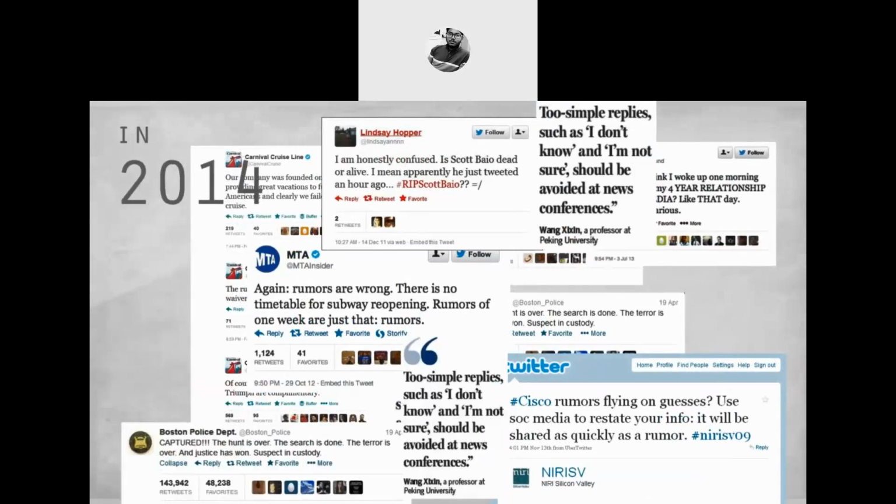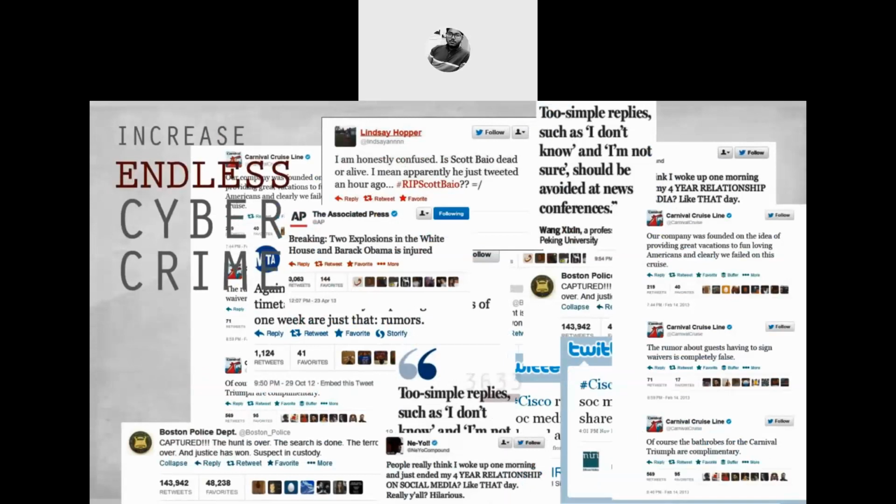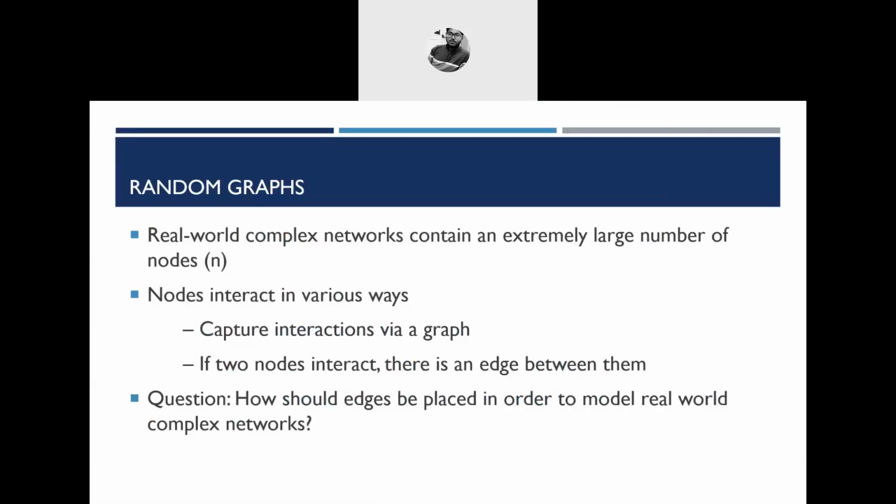So here is an animation of rumors. In recent events of COVID-19, we have seen that a lot of rumors were spread about the disease, about the causality of this disease. That flow of rumors can also be studied with the help of complex network theory.